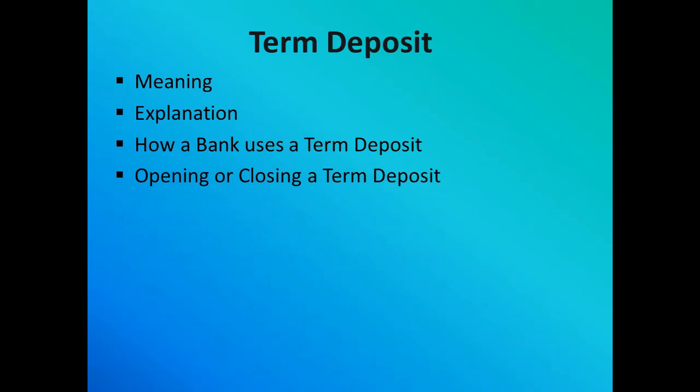How should we open or close one at a bank? Opening a term deposit is called a certificate of deposit. The customers can view the conditions of the term deposit via the paper statement. The statement includes the required minimum principal amount, the interest rate paid, and the duration and time to maturity as agreed by the bank and the depositors.